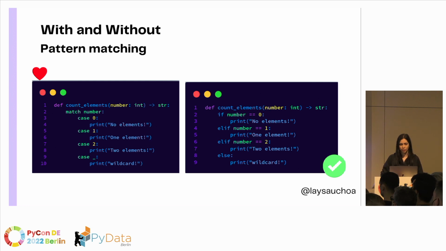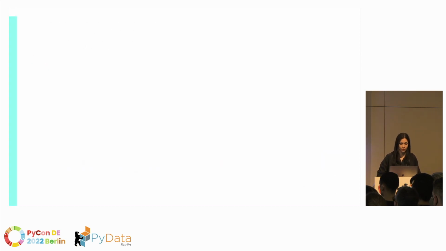There is also something here. You can compare an integer and do the pattern matching with this integer, for example, numbers here. But in this case, behind the scenes, as I said, it is using the equal statement. And in this case, I still would use the equal statement, in my opinion, only because I like it more explicit. So if you have number equals 0, for me, it's still more explicit than the case 0. But I think it depends on what you feel more comfortable with. And also because I think pattern matching is still something that we are trying to use or getting used to. So yes, but I see in some cases it really helps.